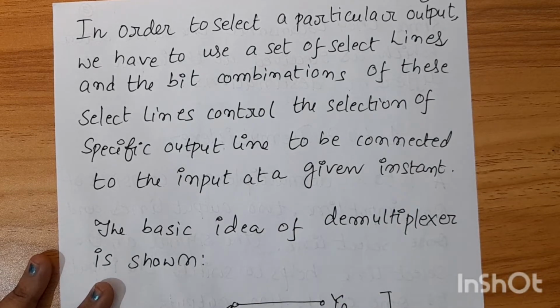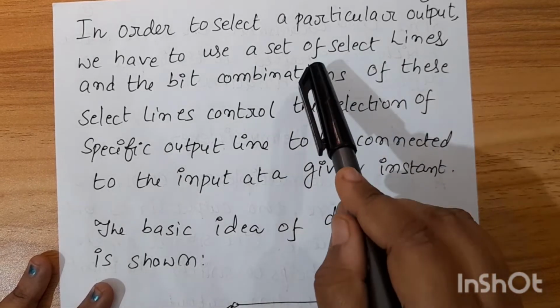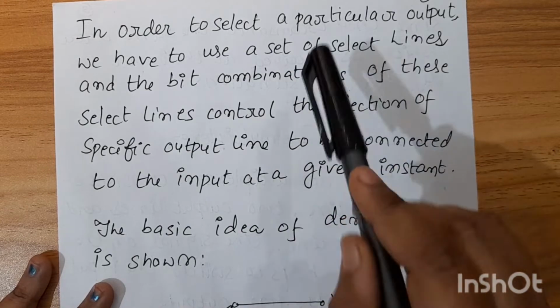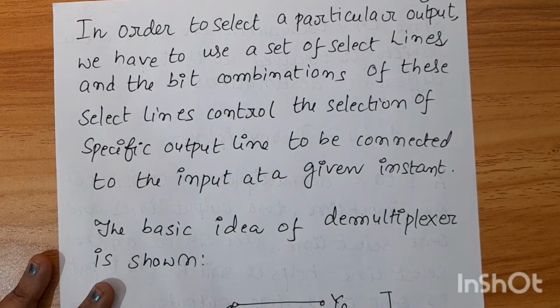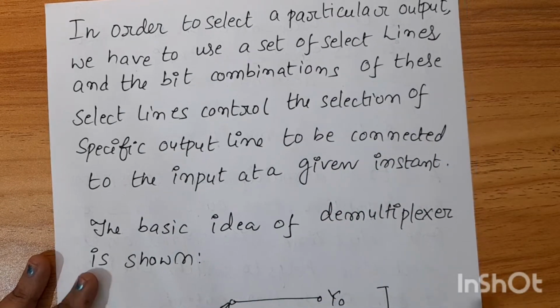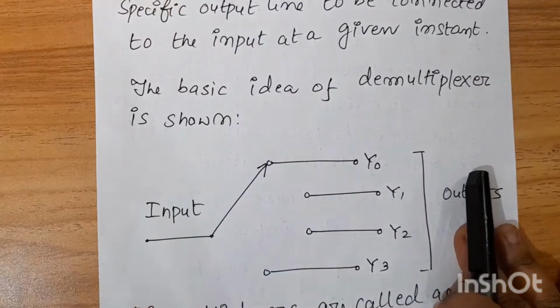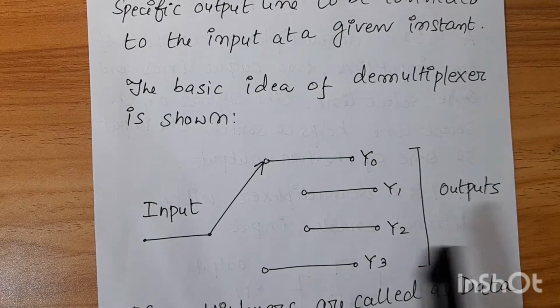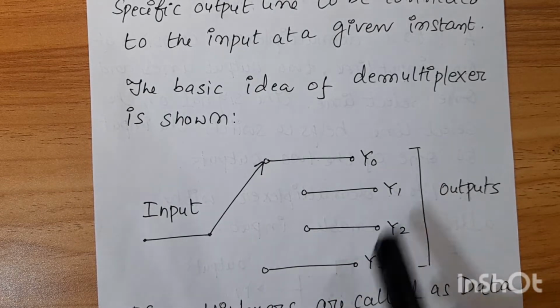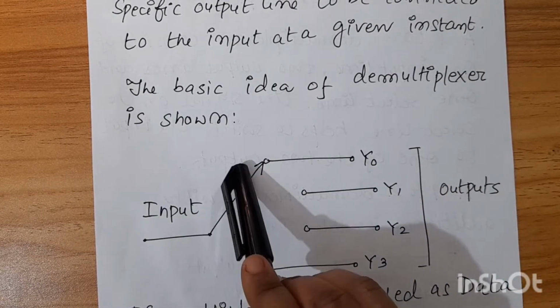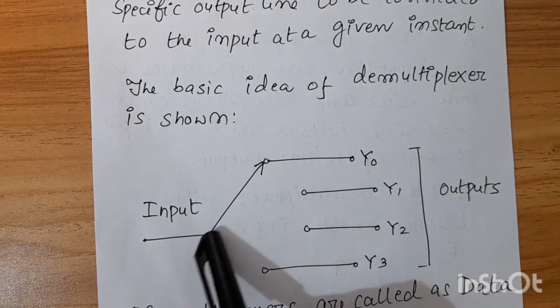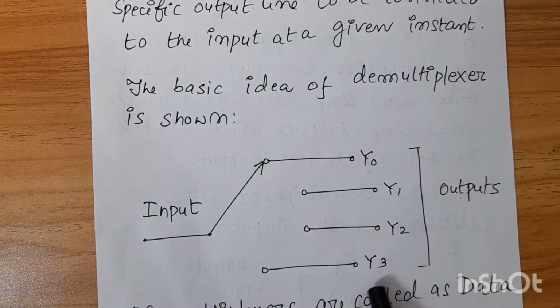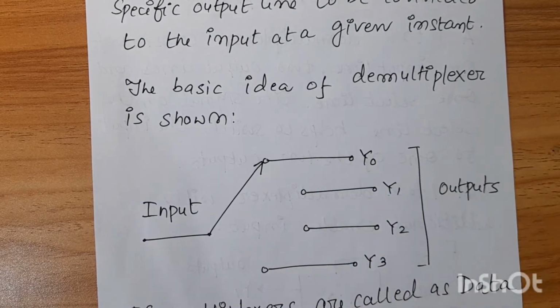So this is what I said. Based on the select line values, the particular output is being selected and it is being connected to the input. So the basic idea of a demultiplexer by means of a switching circuit is like this. Y0, Y1, Y2, Y3, these are the four outputs. So input would be connected to Y0 or Y1, Y2, Y3, those outputs depending upon the